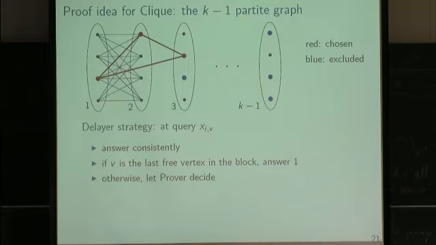Now consider another example, that you ask this node here, which in fact from this block is the only vertex that is not excluded. So you have excluded all the blue vertices and you're asking now this one. Then it would be a bit stupid for the delayer not to answer 1, because otherwise he will lose this block completely. So in this case he should enlarge the clique and include this vertex. But in all other cases, and in fact this will be the majority of cases, you let the prover decide